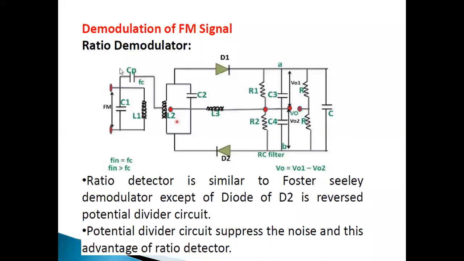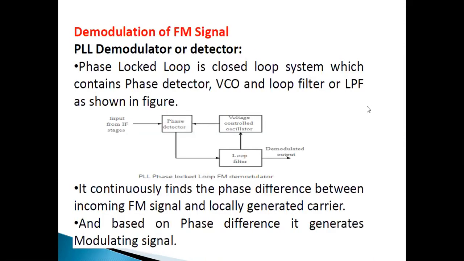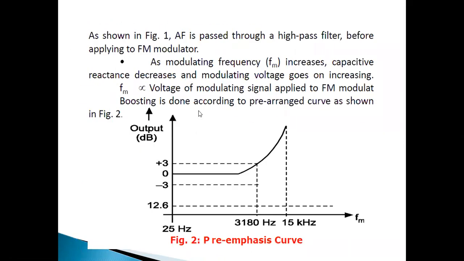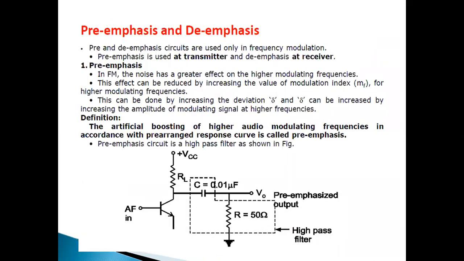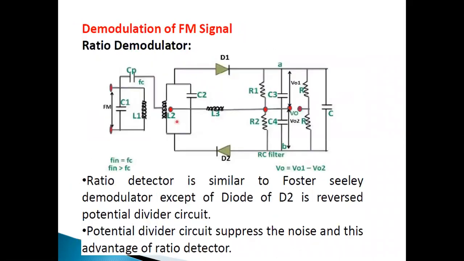Okay. So for that, what we will do here is consider the FM signal. The FM signal will be represented as the input to the circuit. Then it will be given to the resonant circuit and processed like this. Then D2 is reverse biased, there is no output, and it is rectified by integrating using an RC filter circuit.